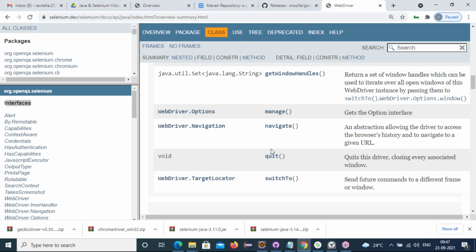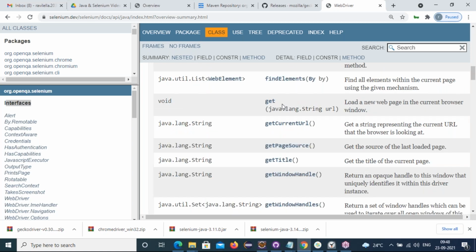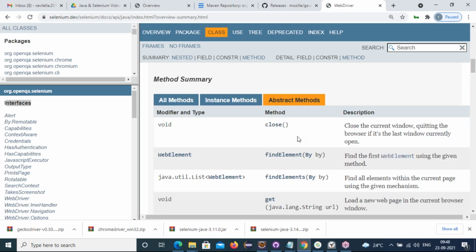100% if you are automating your WebDriver scripts, without using these WebDriver methods there is no meaning for Selenium. Okay, now what is Selenium? Selenium is a WebDriver and it is an interface. What does the WebDriver interface contain? It contains abstract methods. How many are there? 13 abstract methods. With these only we are interacting and performing operations on the web elements in web applications.